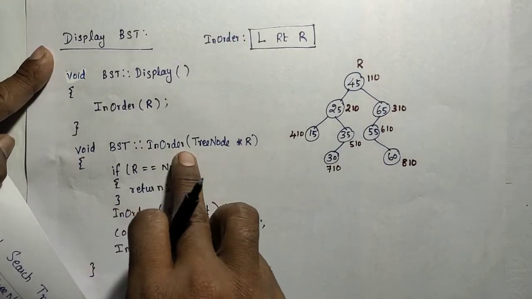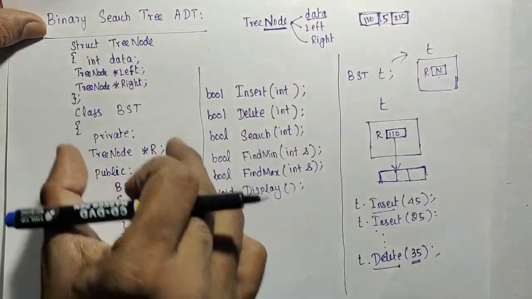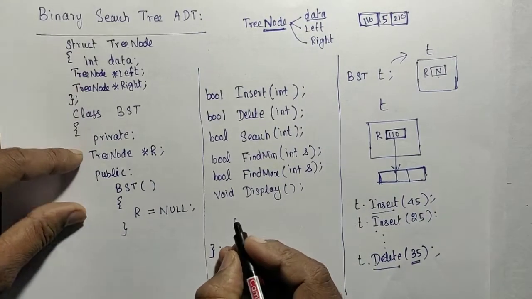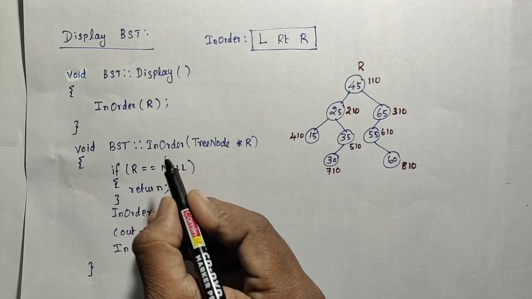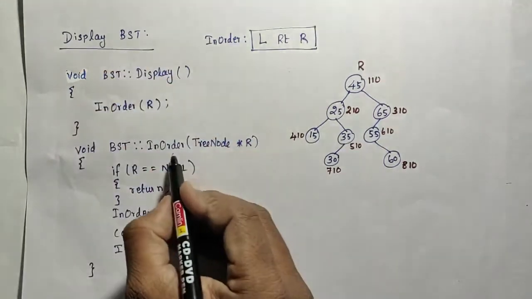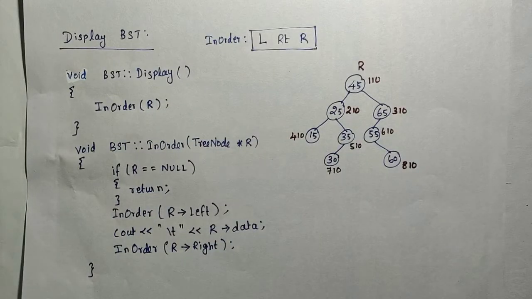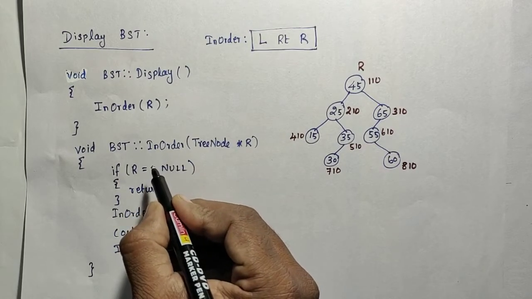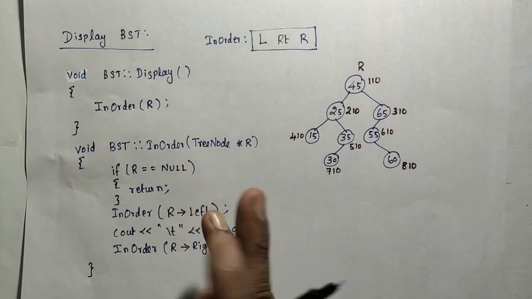This in-order function is not added in that BST. This is the actual prototype we have discussed in the class. In that we need to define that in-order. Be clear, the in-order is not going to be called by the user of the BST. It is going to be used by the display function. The display only is going to be called by the user. So you can define that in-order in the private section, or you can add it in the public, it is not a problem.